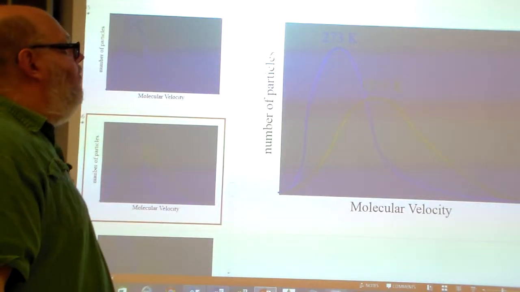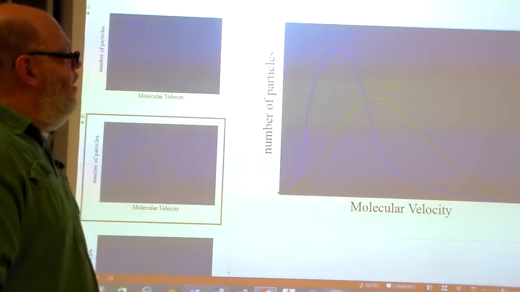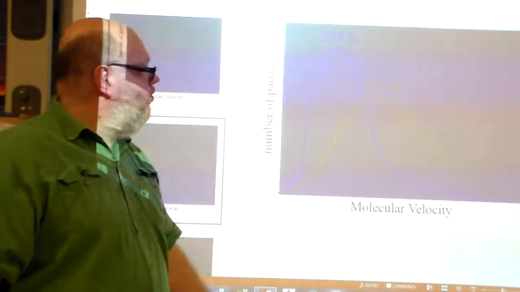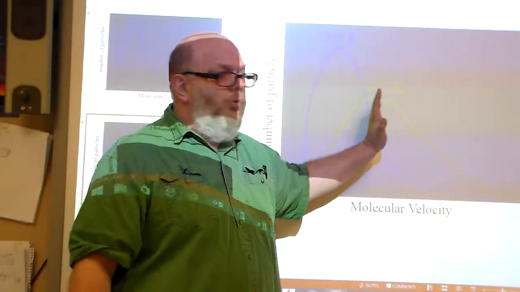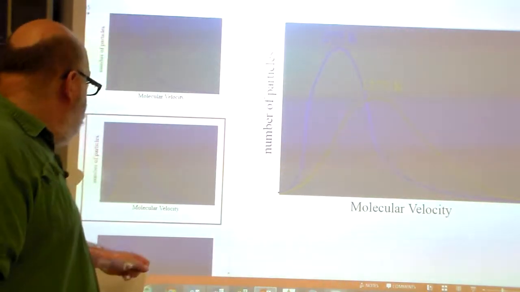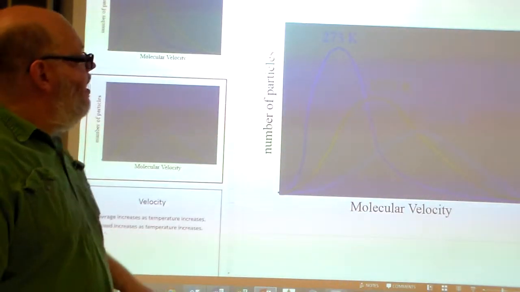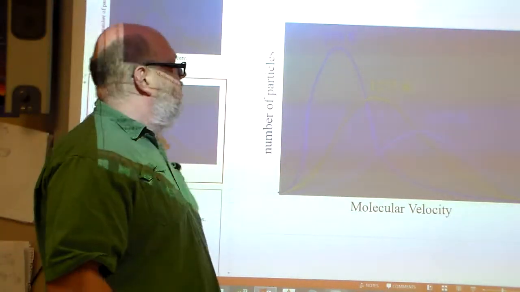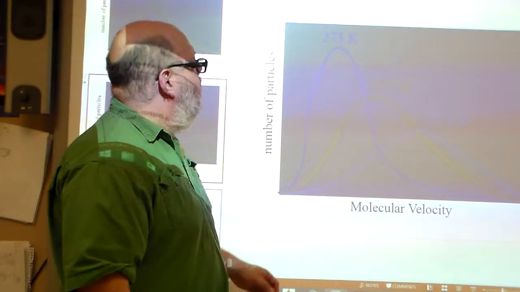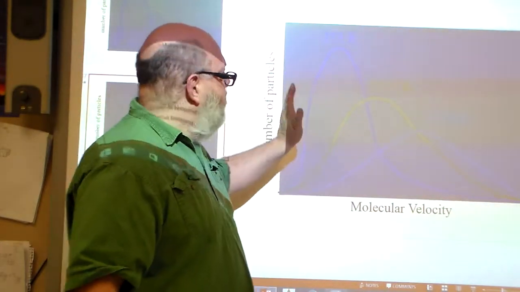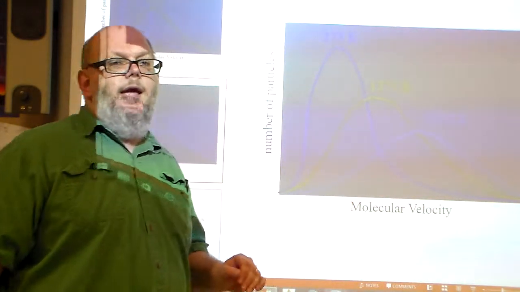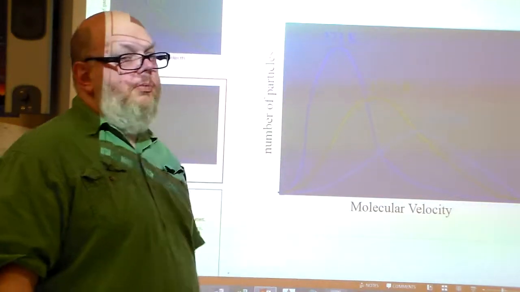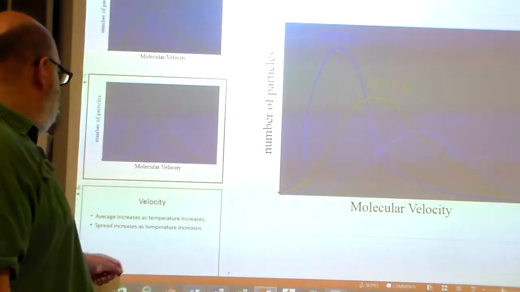Here you are at 1273 K, and you can see how that's going. With the higher temperature, the distribution shifts over to higher velocity, which makes sense if you think about it. And here, that's not 1273 K, that's a higher temperature. The idea is that the more heat you add, the faster the molecules will travel. But it also makes a difference how many molecules there are in there.